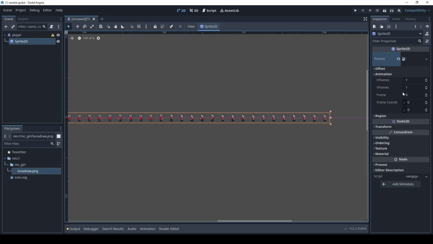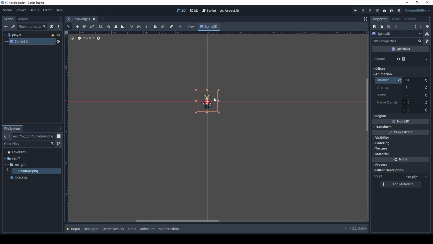So for the vertical frames, basically just count your up until down sprites. Since we only have one, right, up and down here, so just set it to one. And for the horizontal frames or H frames here we have 64, so just set 64, and this is our 0 frame here.